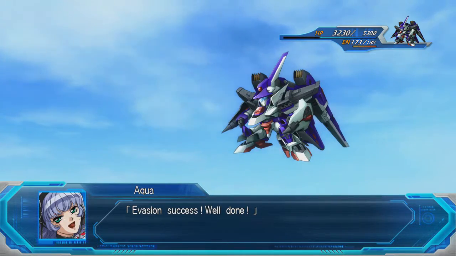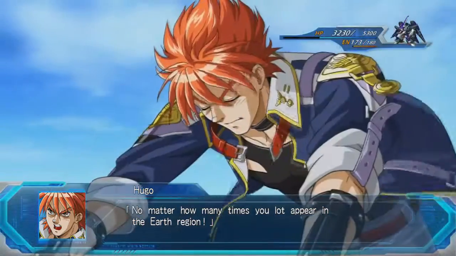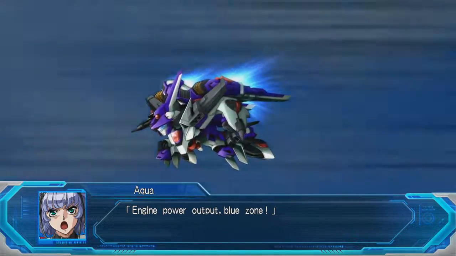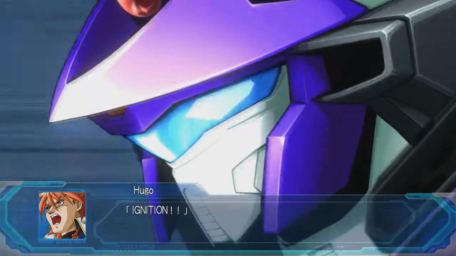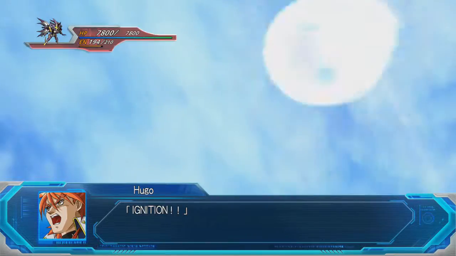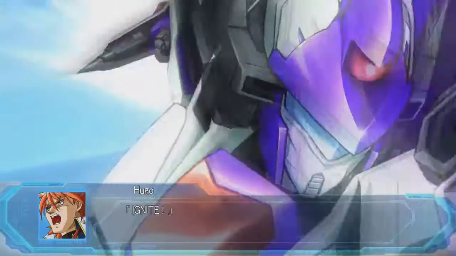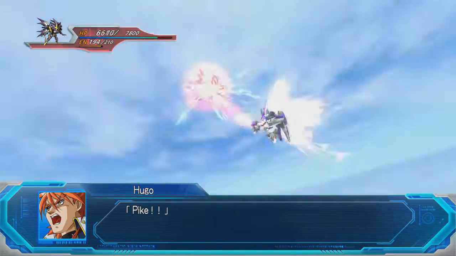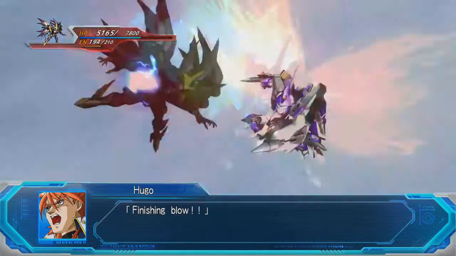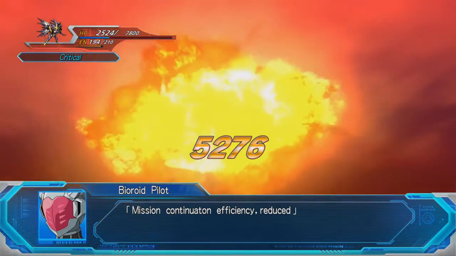クラスターゲット攻撃開始。開始成功。やるじゃない。予測データが正確だったからな。お前たちが何度地球圏へ現れようと。エンジン出力グレーゾーン。イグニション。イグナイトファイク。もう一撃。とどめ。任務遂行効率低下。